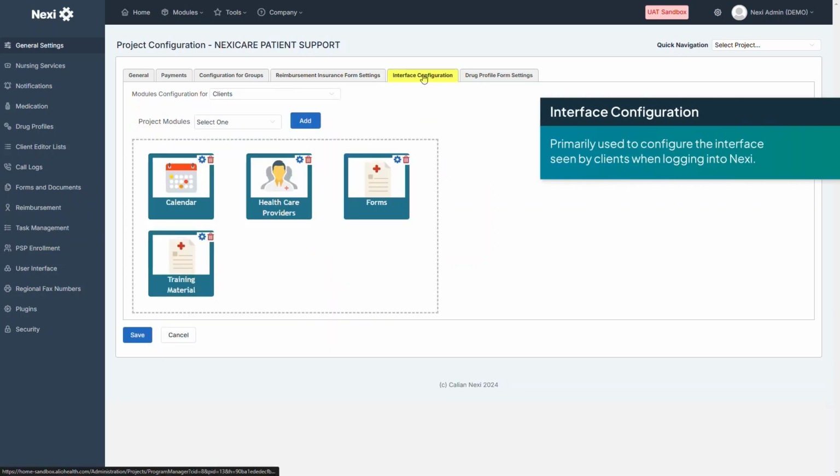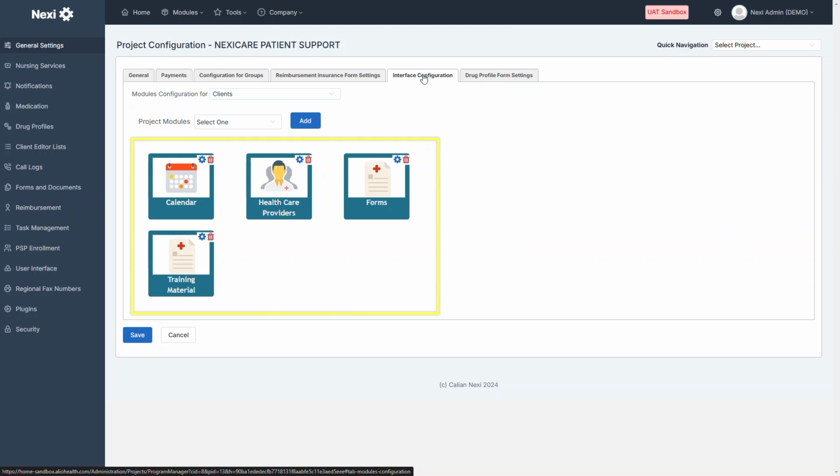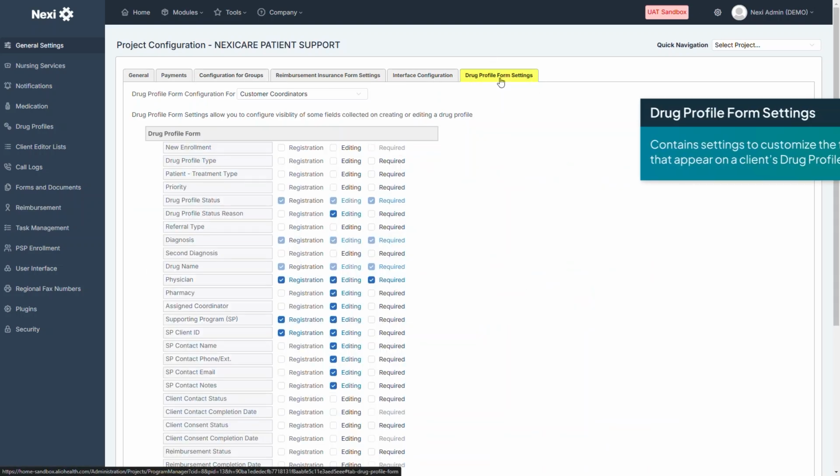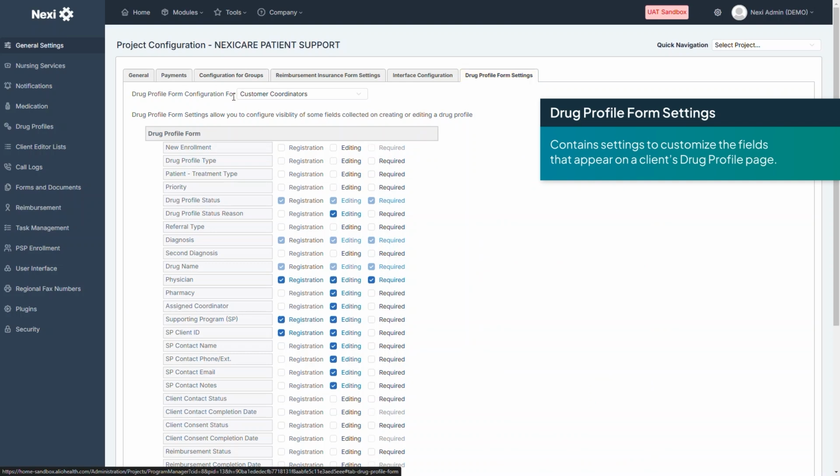The Interface Configuration allows you to configure the interface seen by clients when they log into Nexi. You can choose from over a dozen different project modules to include in their client portal. Next, the Drug Profile Form Settings tab allows you to customize the fields that appear on a client's drug profile page. For each client, you can track each drug profile and its corresponding history separately, as well as associate multiple